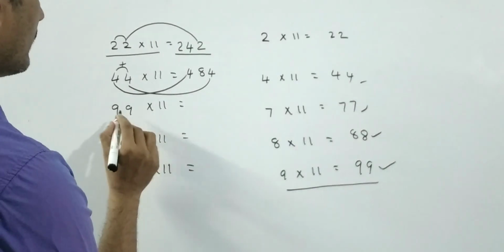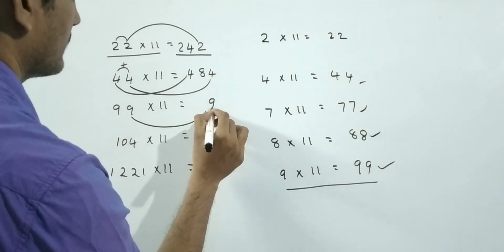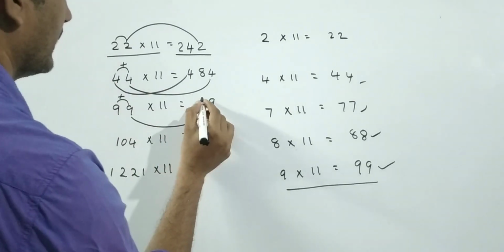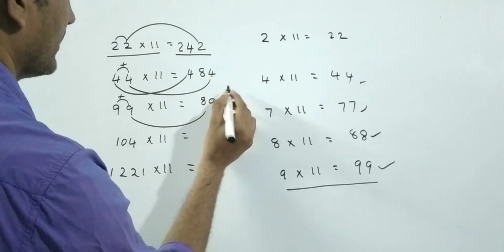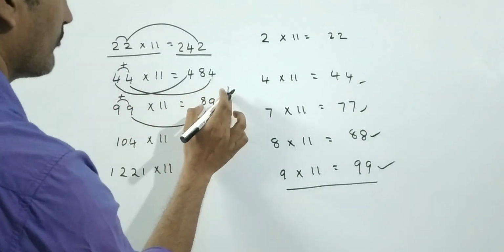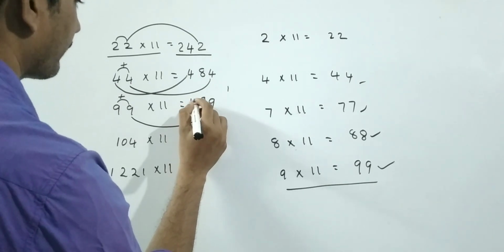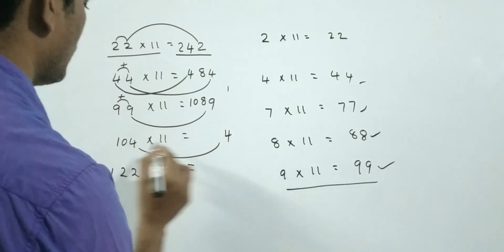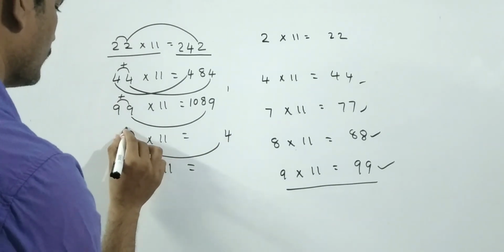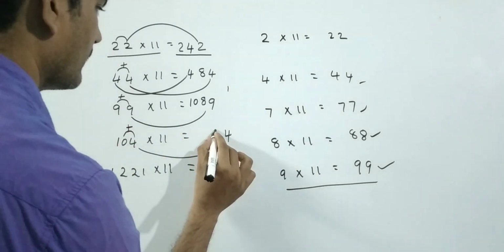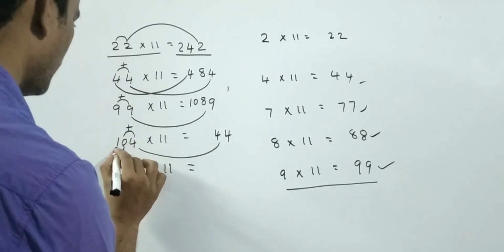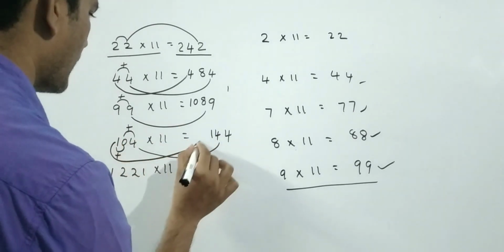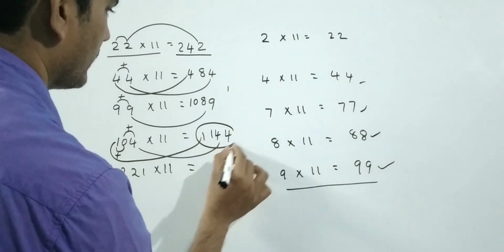484. See friends, here first digit 9, as it is you write it. Then go for addition of these two numbers. 9 plus 9, 18. 8 you will write here, 1 keep here. Then the next number how much? 9. Here 1 is there, 9 plus 1, 10. See friends, here you write as it is this number 4. Next go for addition of these two numbers. 0 plus 4 how much? 4. Then go for addition of these two numbers. 1 plus 0, 1. Then write the last digit as it is, 1. So this is the answer.